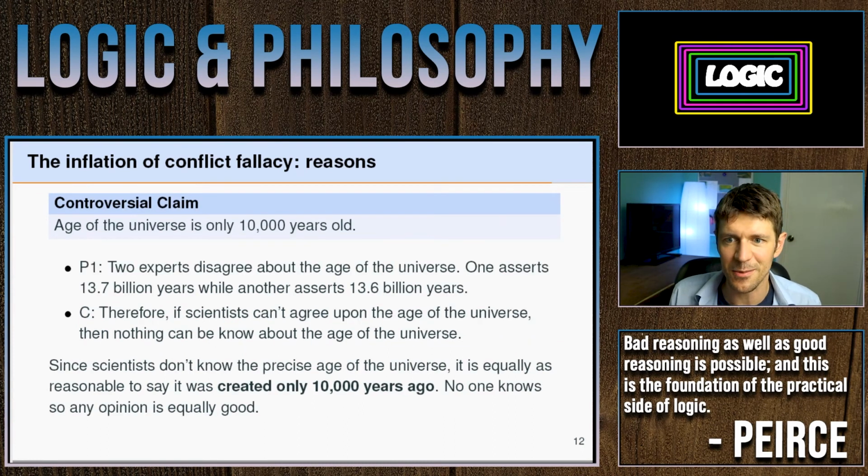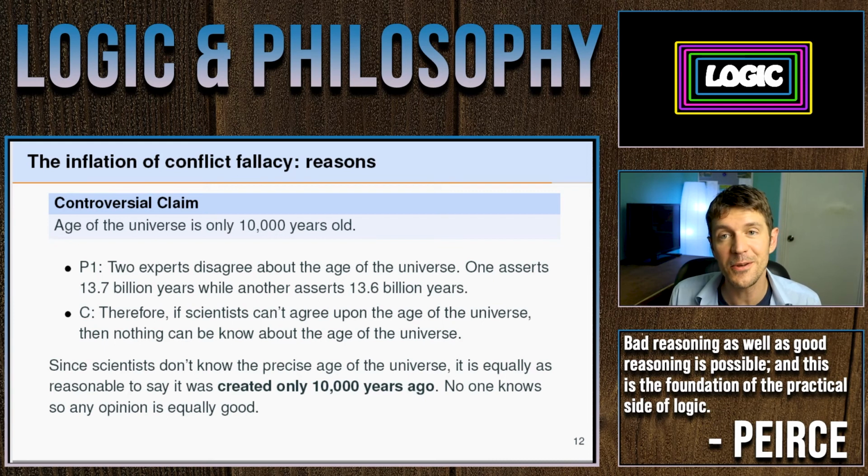Okay, so let's look at an example of this. Let's say an individual wants to promote the claim that the age of the universe is 10,000 years old. Well, how would you go about doing this? It's a little bit difficult to do it from, let's say, fossil records or many of the other scientific ways that are out there, but you might use the inflation of conflict fallacy to